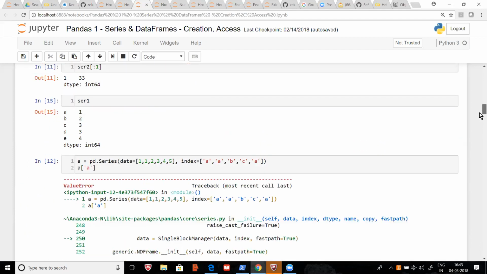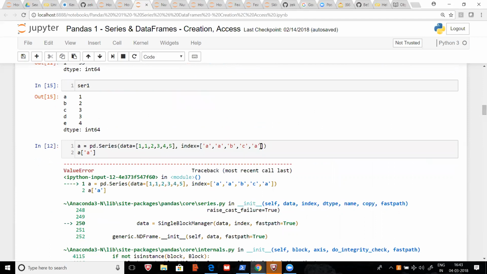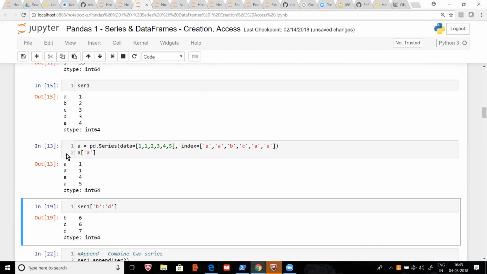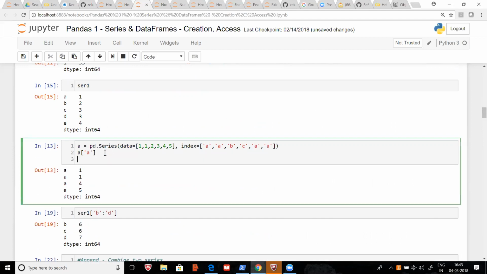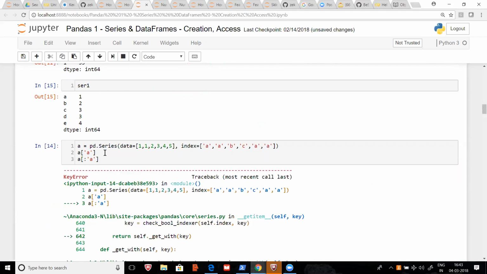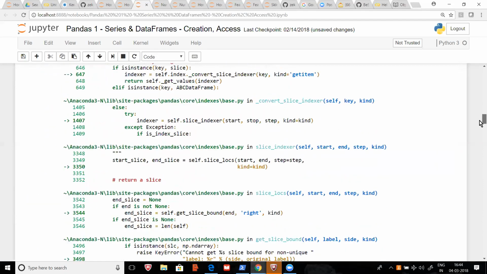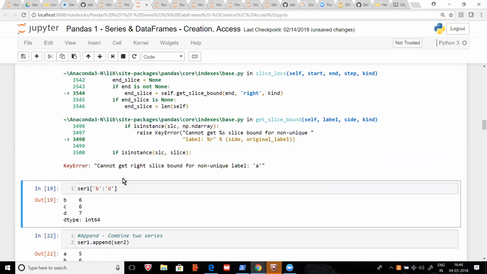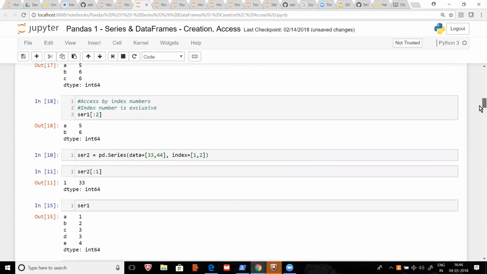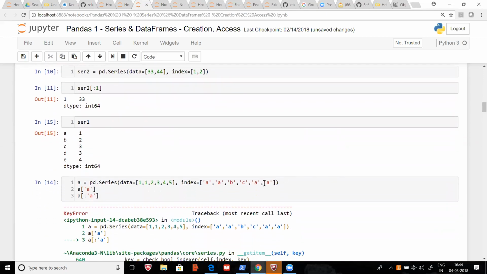That's because the 1, 2, 3, 4, 5, 6, you're getting all the values. This is fine. Cannot get bound of non-unique level. Okay, so what does it mean? For you, it would have worked because, no, it would have worked because